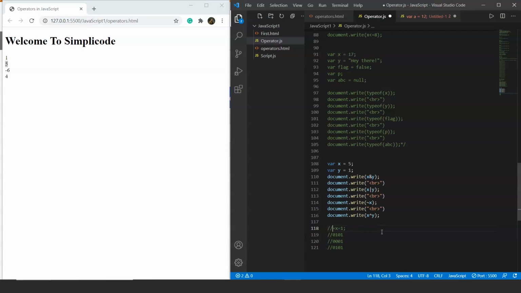For the XOR operator, or we can say exclusive OR, it will return 4. Why will it return 4? It will return 1 when any one of the two values is 1. If both are 1, then it will return 0. It will return 1 only in one condition: if exactly one of the two values is 1. That's why the output here will be 0, 1, 0, 0, which is written as 4, the binary equivalent of 0, 1, 0, 0.